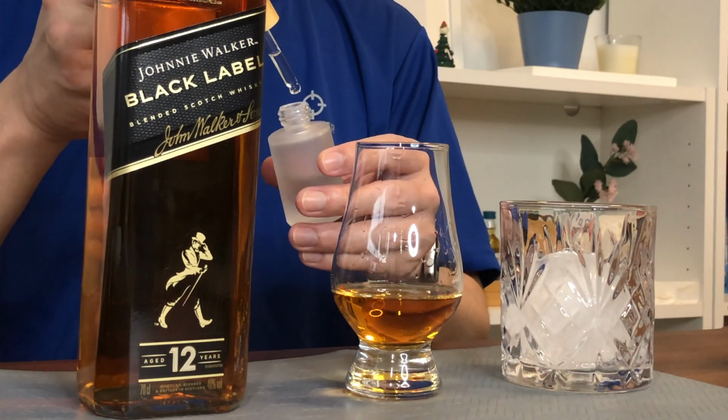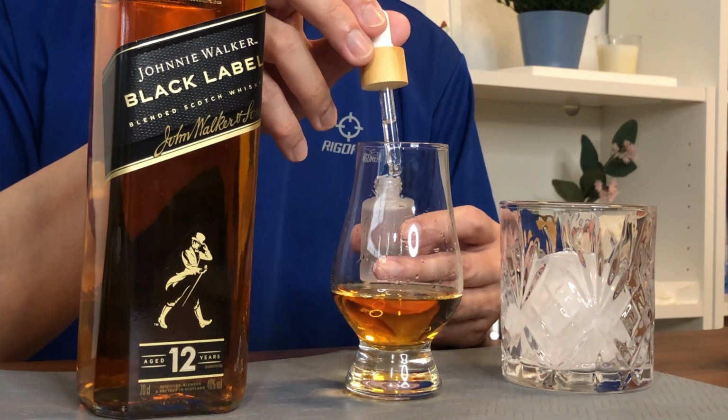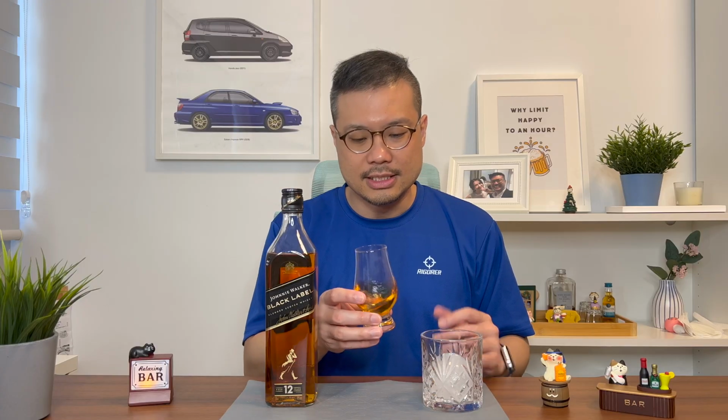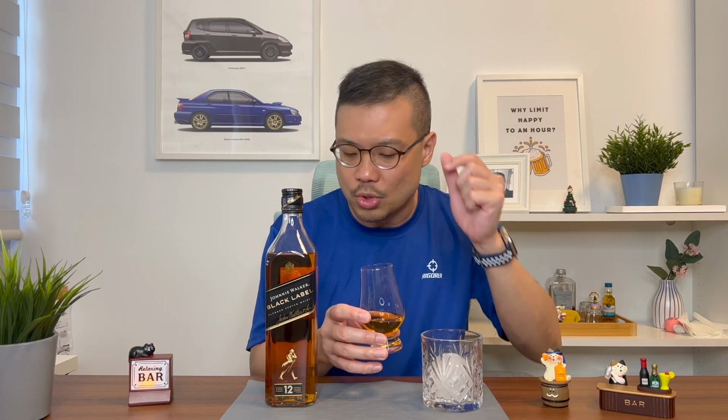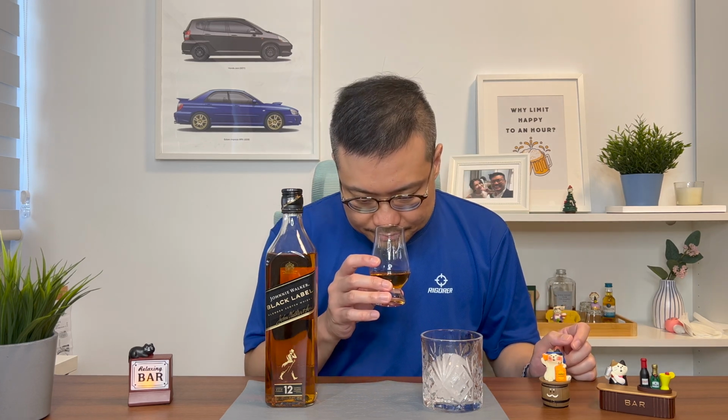Adding a couple of drops of water to see how that opens up the whiskey. And if you're not aware, I'm using the same tulip glass that I had the first tasting with. I just want to see how that changes with some water. Adding water to it gave it a drier